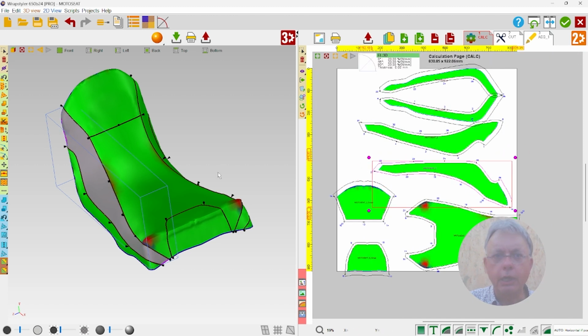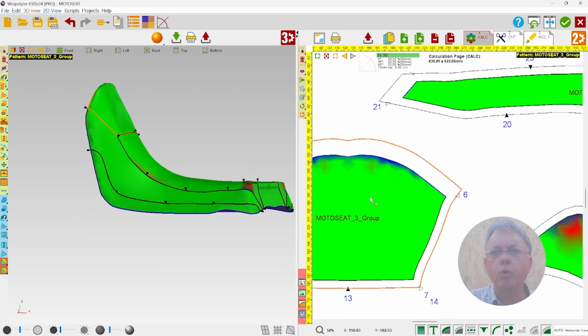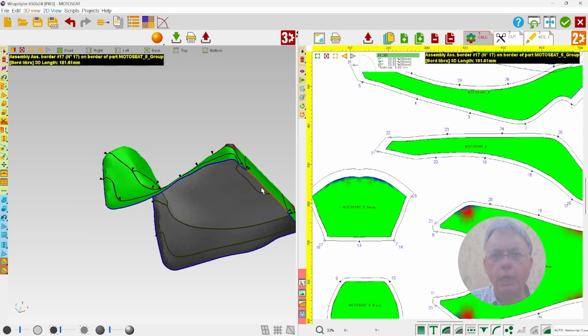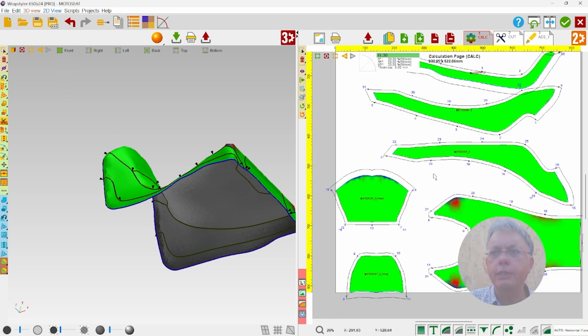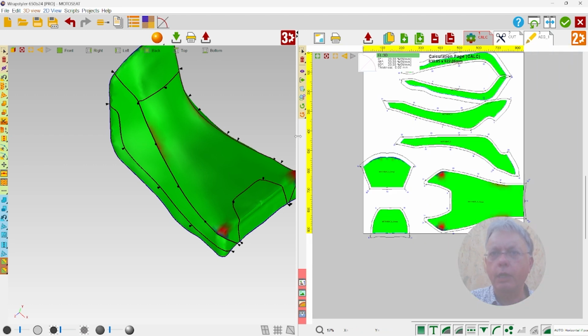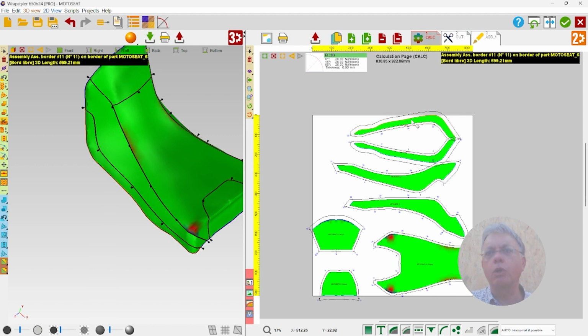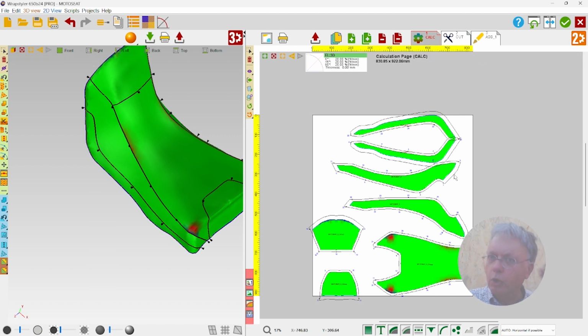You can see it adds various seam values which are different outside on the border or inside between two parts. It's a very nice feature that lets you adjust automatically the seam allowance according to the place.